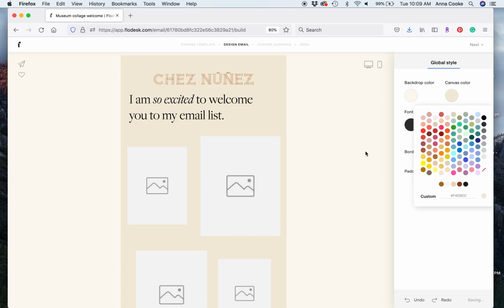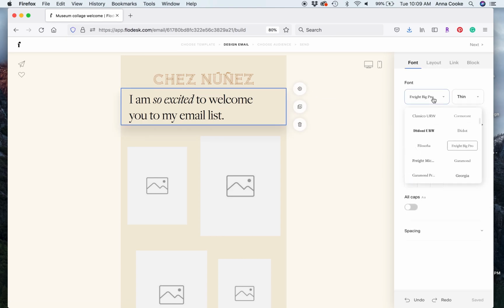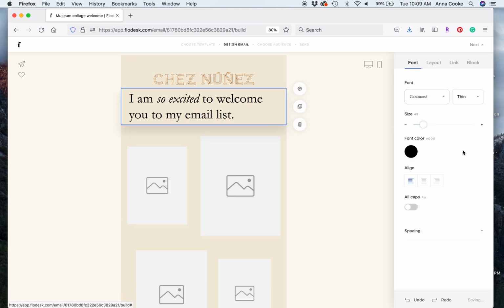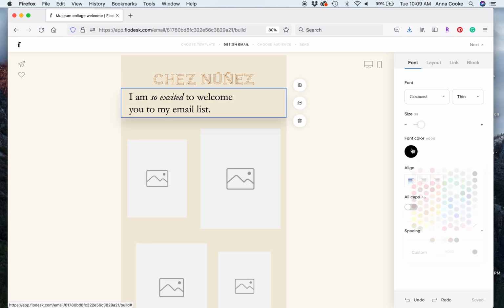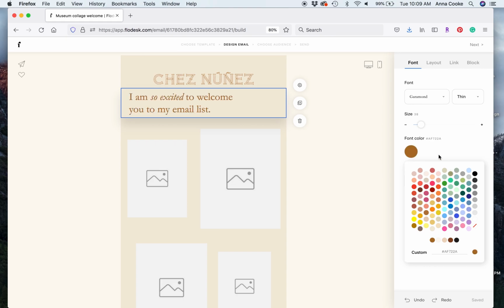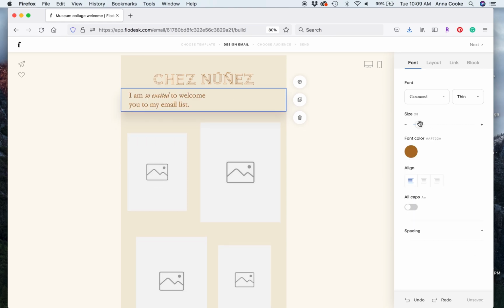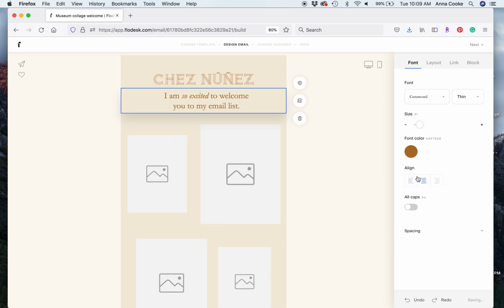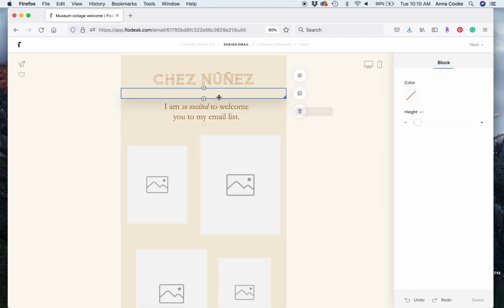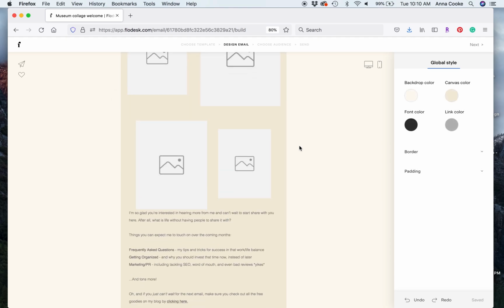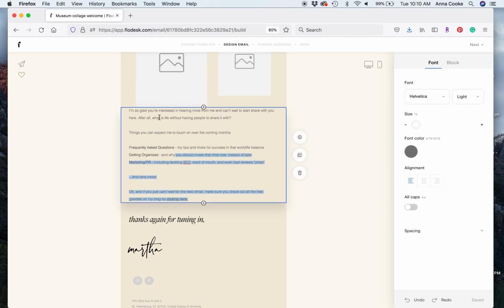So you can also go in and choose typography. We use Garamond as our main brand font. So I can change the colors and the size. This is kind of how I would go about things. I like to give a little breathing room between my logo, and then I would edit the text to be on brand. So this is really how I would go about setting up, if I was starting from scratch,